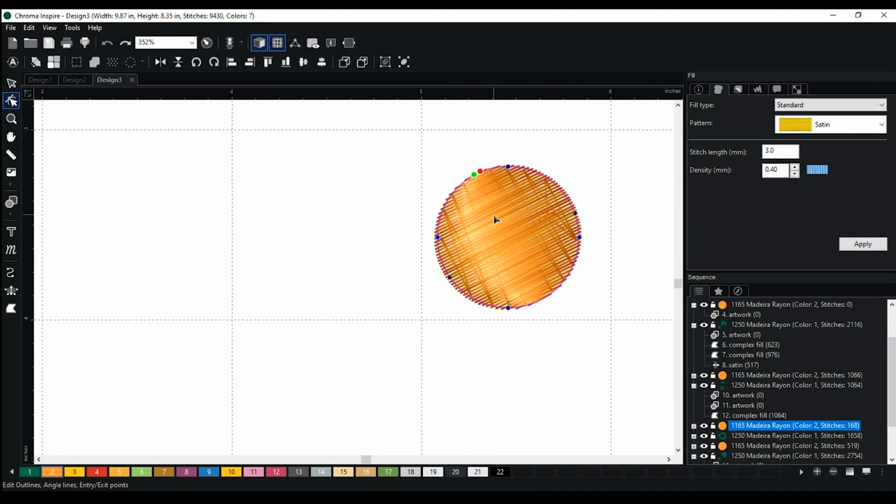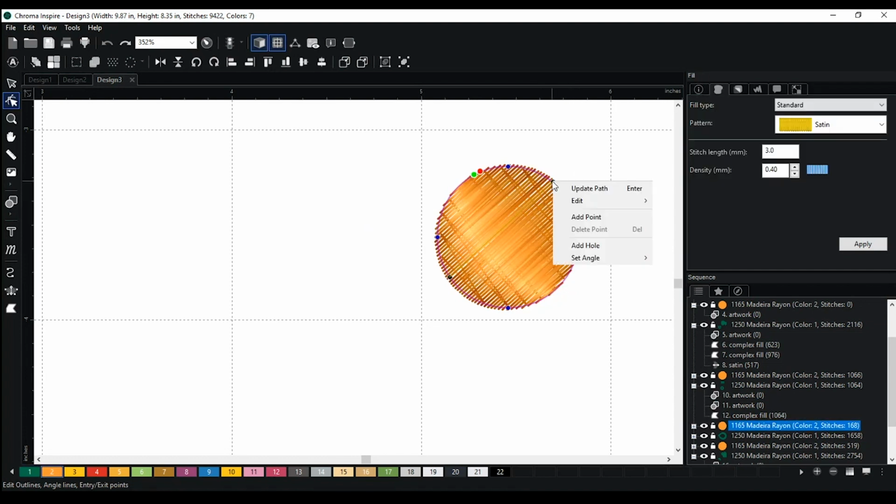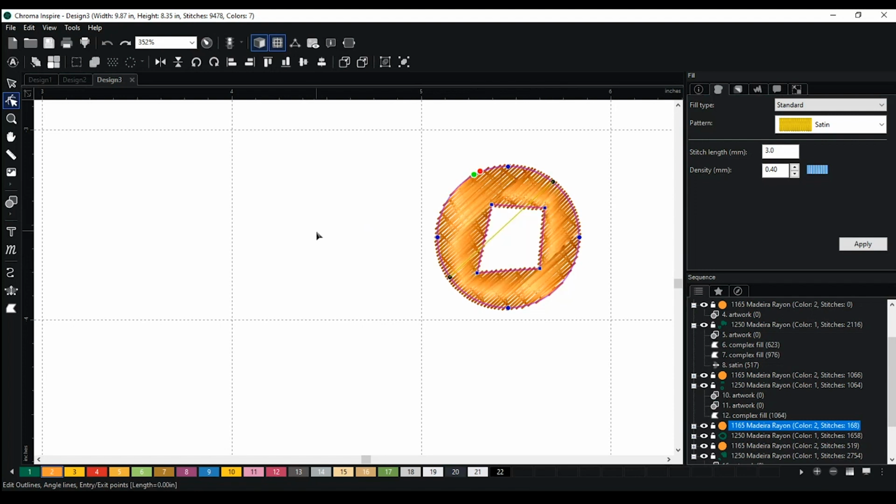So it's just giving me a couple of different options as far as editing. The other thing you notice here is that because the native stitch type of this object is complex fill, just with a satin pattern,